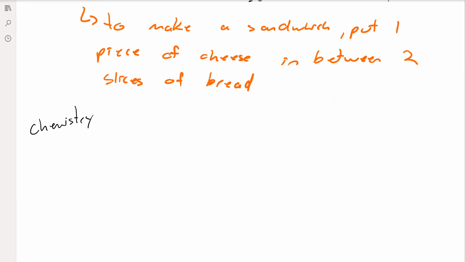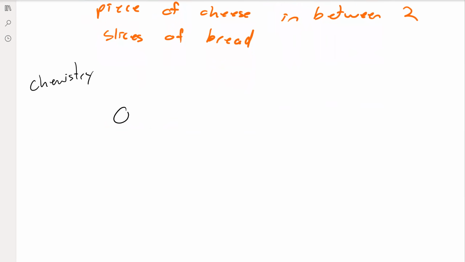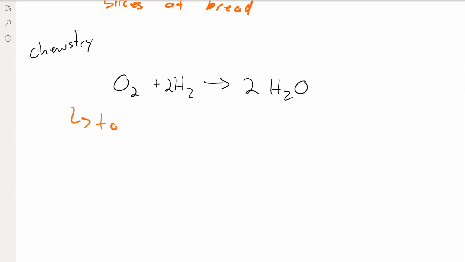Right, chemistry, we have a similar thing. Instead of a recipe, we have a chemical equation, which we'll take a deeper look into later. So, for example, we could combine some oxygen and some hydrogen. Remember, these are both diatomic gases, so they exist as two atoms attached to one another, and you make some water, right? And so then in layman terms, what we could say is to make two molecules of water